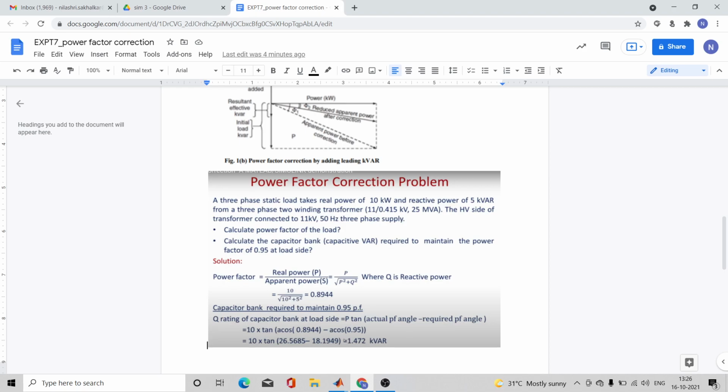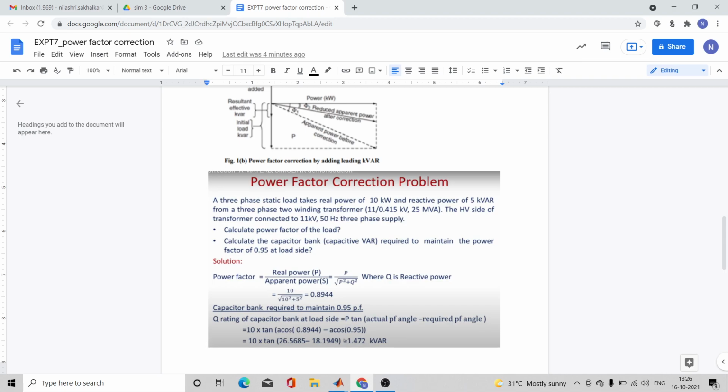Let us first find out the actual power factor in this numerical. You have a real power of the load as 10 kilowatt and reactive power as 5 kVAR. You know the formula: power factor is real power upon apparent power.